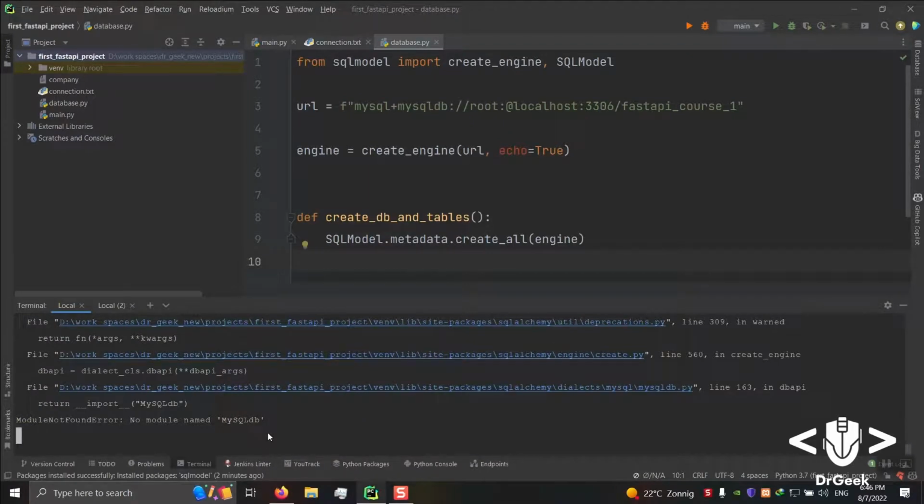Now let me see if everything is going on. There's one error, and this error is a little bit tricky. It says that we are lacking this library, and that's right. There are a bunch of problems installing mysqlclient these days, which is really weird. That's why we have to download the wheel file and build it locally here. I'm going to leave you a link in the description where you can find this file, and for now I'm going to just copy it here.